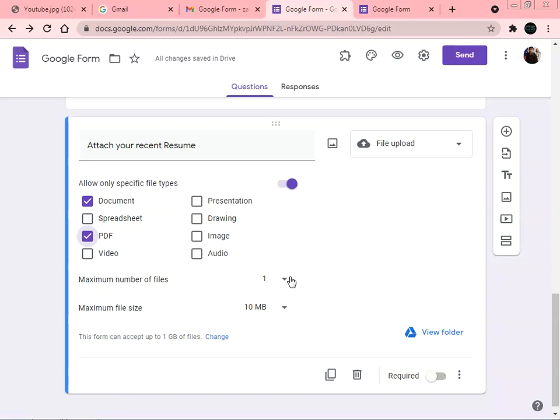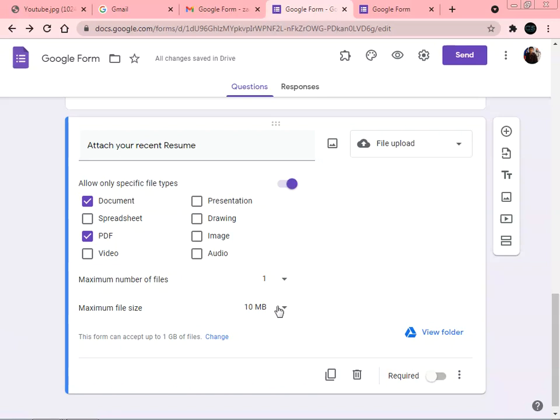If you select one, the user can attach only a single file. We can increase it up to 10. If you give 5, the user can attach up to 5 files. It depends on the requirement. So we are giving 1.